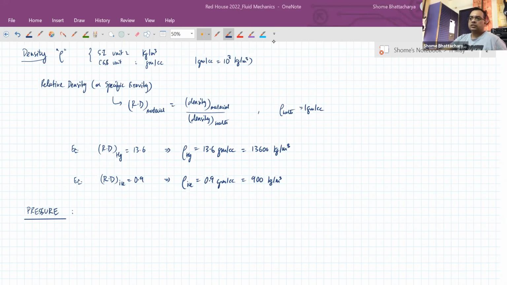So that is why, when we define pressure, or measure pressure experimentally, we have to calculate the normal force acting on a surface. That means the force acting perpendicular to the tangent to that surface, or perpendicular to the surface itself, per unit area. So the moment we are saying it is a force in a specific direction, which is normal or perpendicular to the surface, that means we are talking about a component of a force.